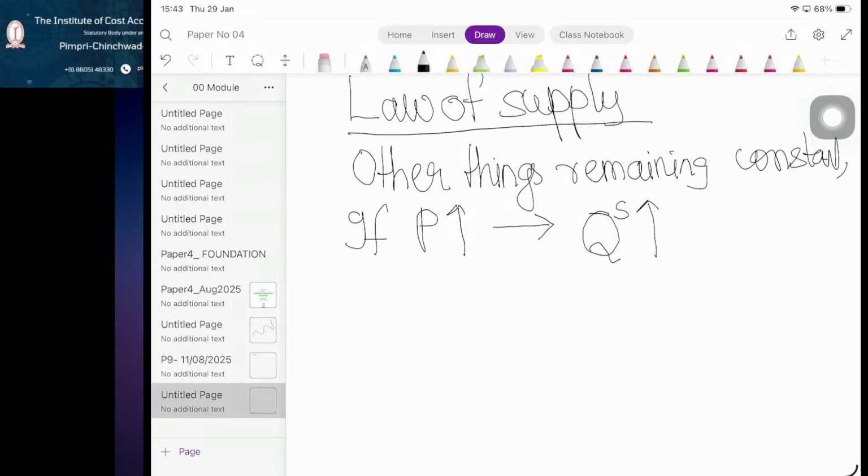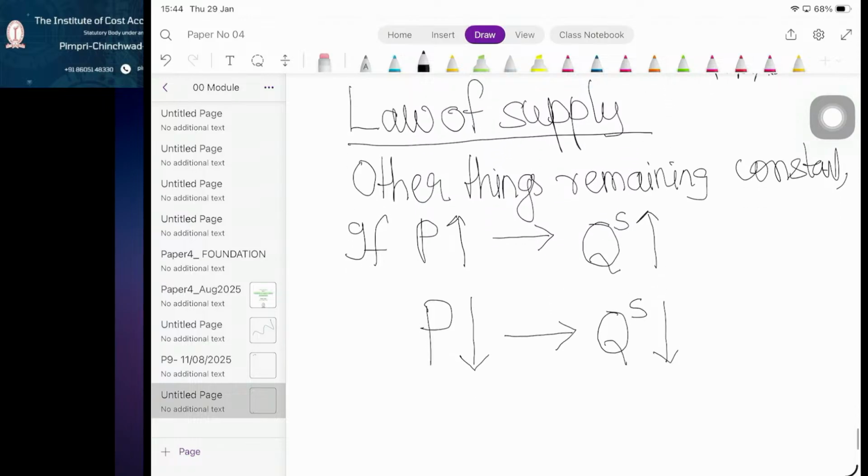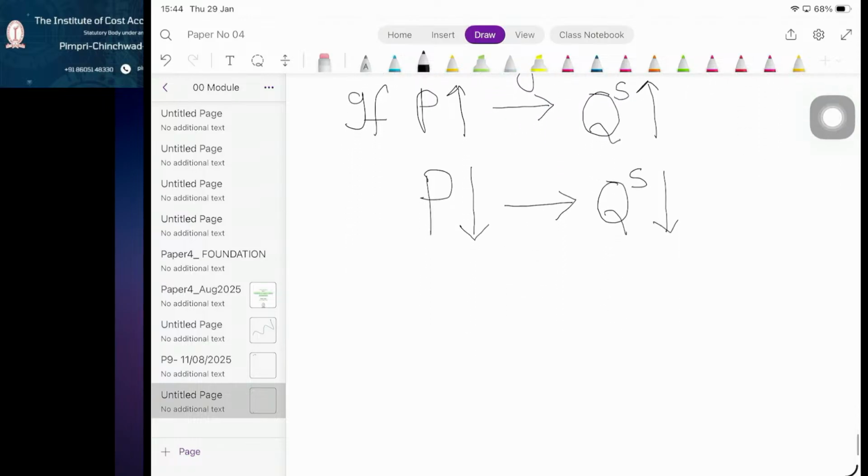Okay, and write another term, and vice versa. That is, if price decreases, then the quantity supplied will also decrease. Yes, all of you agreeing with this? You can just write the law of supply